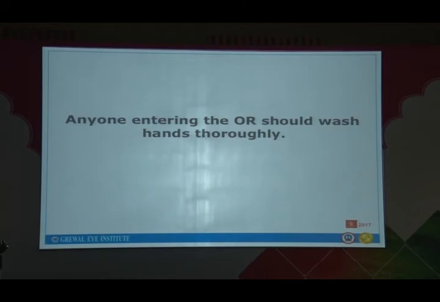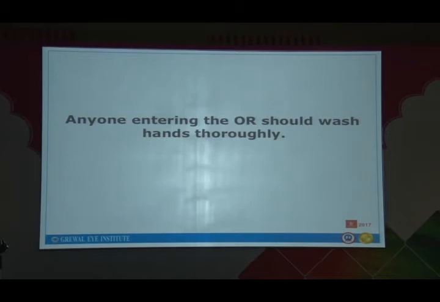One of the very important basic things is that in your theater, anybody who enters the theater, does he wash his hands or not? The single most important thing in hospital acquired infections is the hands. And the single most thing which has reduced the incidence of infection in some of the major hospitals in the United States is hand wash. It's a very simple thing, very important. I hope most of us in the OPD are using the sterillium after each and every case. We are changing the chin rest after.